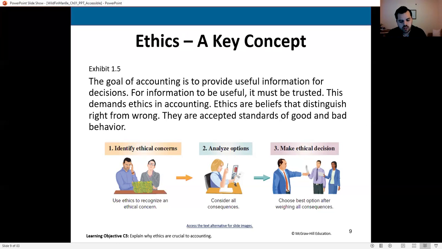So now we want to really make sure that we understand how we can look at ethical decisions and make sure we're making the best one. So there's essentially a three-step process when you're presented with an ethical dilemma. And we'll look at some of these as we go throughout the semester, different things that may come up that we may say, well, how do we feel about this? You know, could this be the right answer? And we may even realize that it's not always so black and white.